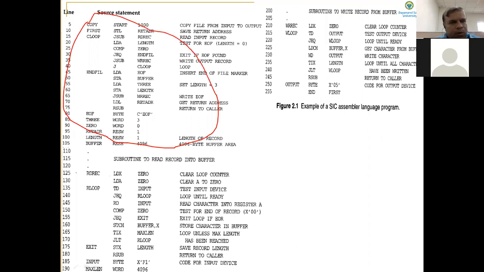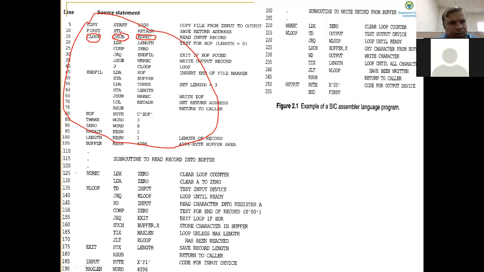This main routine calls two other subroutines inside a loop. We have a loop here, CLOOP. So we are calling two subroutines. One is called RDREC, using the JSUB instruction, jump to subroutine. RDREC stands for read record.